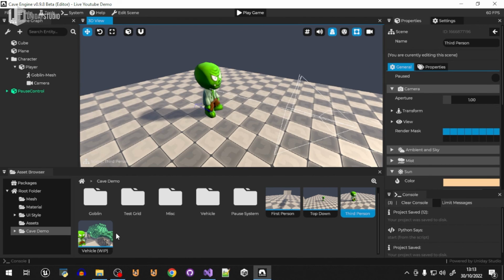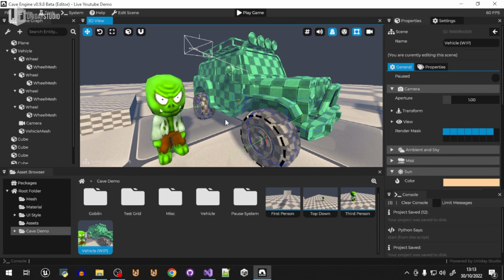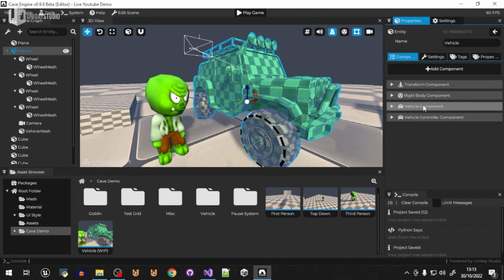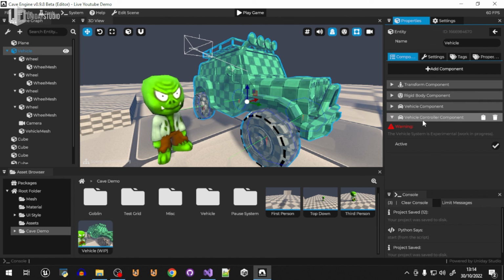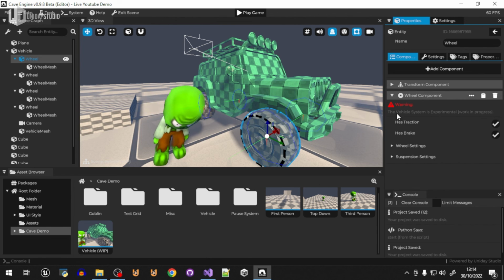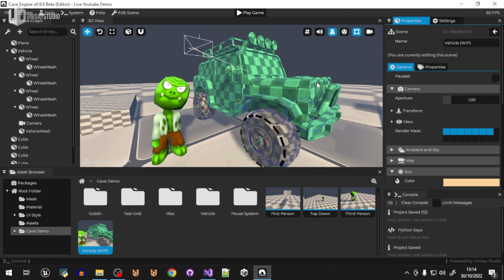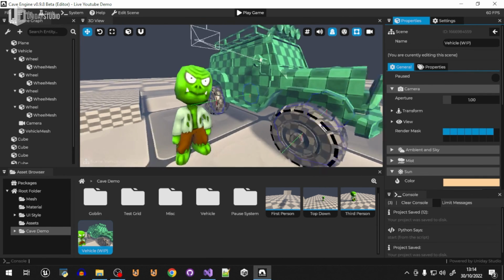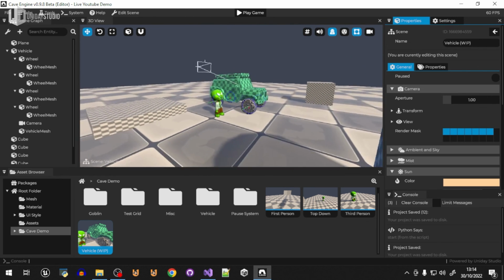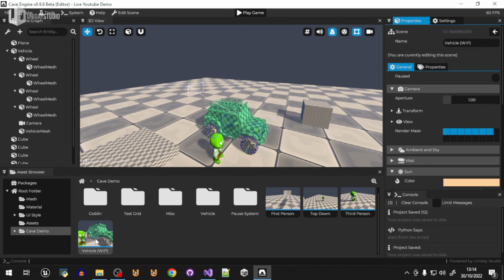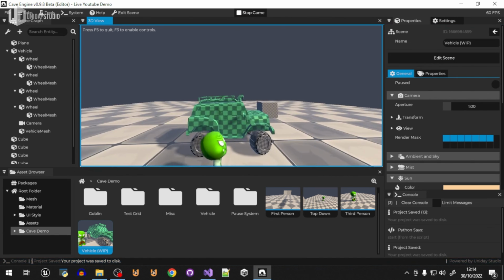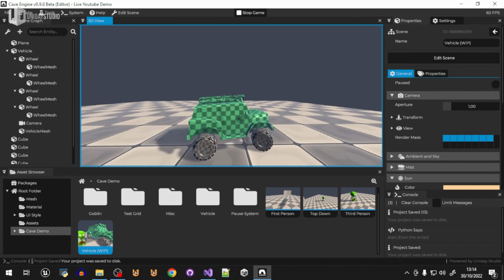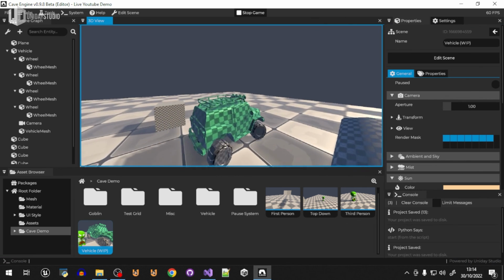And last but not least, we do have the vehicle component. It is work in progress, so keep that in mind. If I select the vehicle, you will see in the vehicle component that there's a warning, and the vehicle controller, there's a warning. The wheels as well, they all have a warning because the vehicle component is work in progress. So this is just a player for scale and just for the sake of having a good screenshot here, by the way. And if I play here, you see that the vehicle does have steering, does have